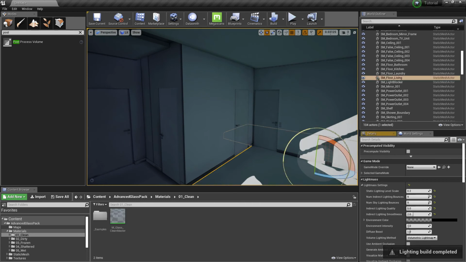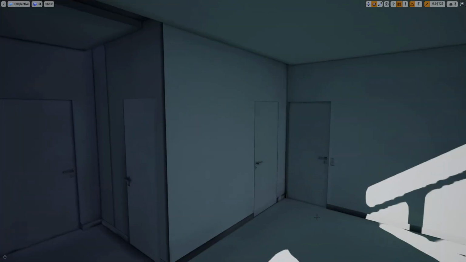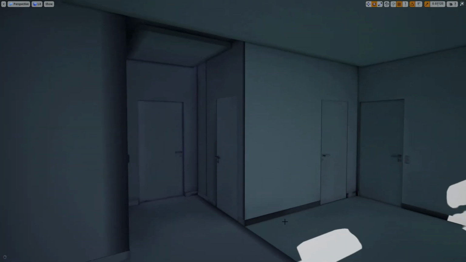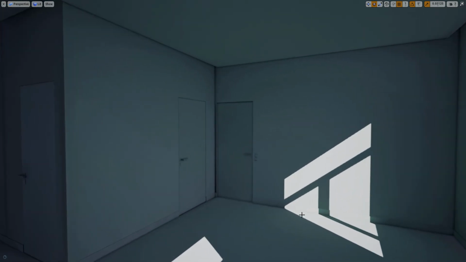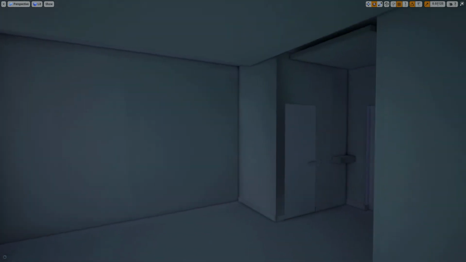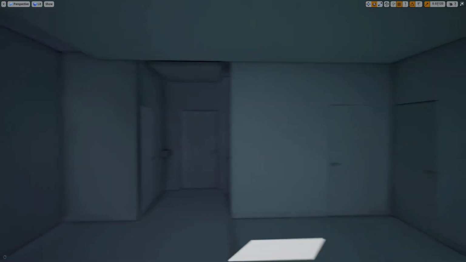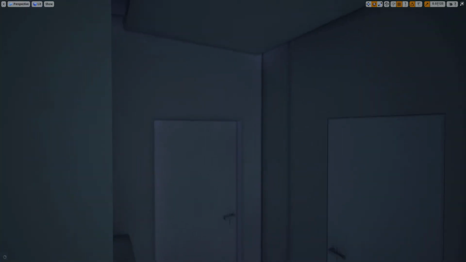Okay, so we are back and the bake has finished. It already looks good, except some minor hiccups here and there.